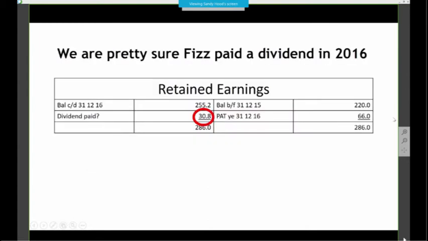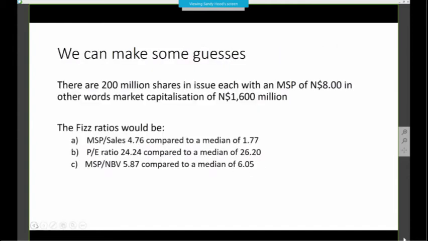Sandy, that is very true compared to what's stated in the case study as well, isn't it? If you can go back to the previous slide, please. Thank you. So the first ratio that you stated, 4.76 compared to 1.77, how could you interpret that, Sandy? What does that ratio actually give us?